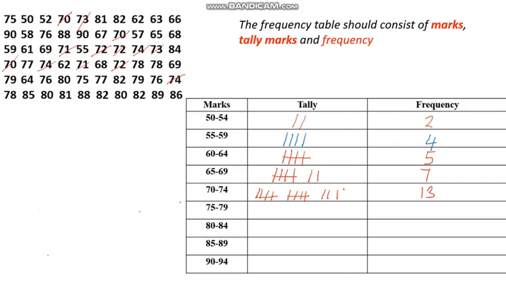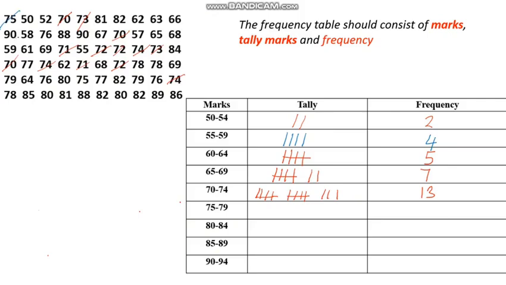Then we come from 75 to 79. So we need to identify these marks from 75 to 79. So how do we identify them? From 75 to 79. So we have this one,